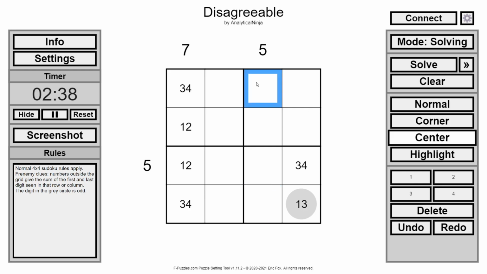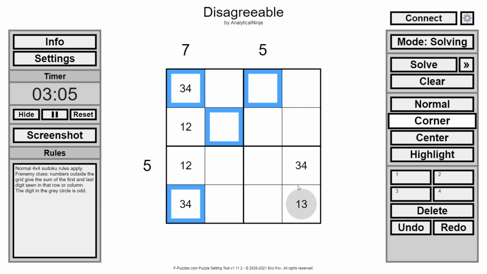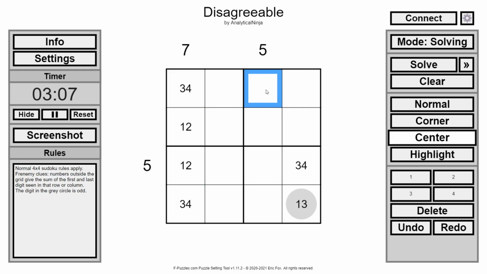Am I missing? I think I'm missing some logic here. Definitely missing a step. If this is a high digit, this high digit goes here. Doesn't really matter. This is a 4, this is a 3, 4, 4. I guess if this is a high digit, this will be the high digit. Okay, that... No, that doesn't...